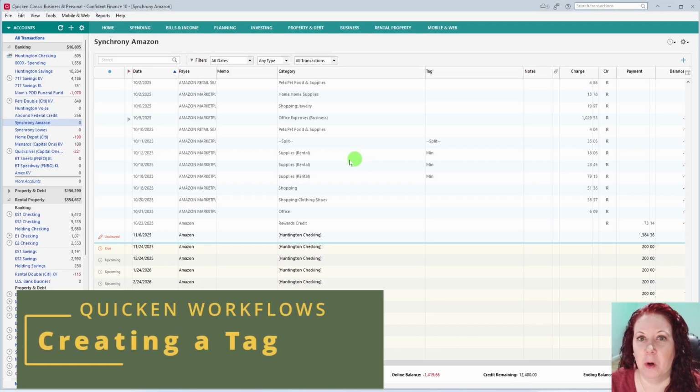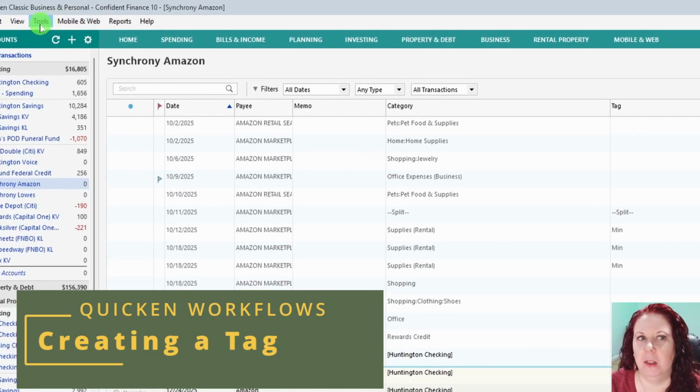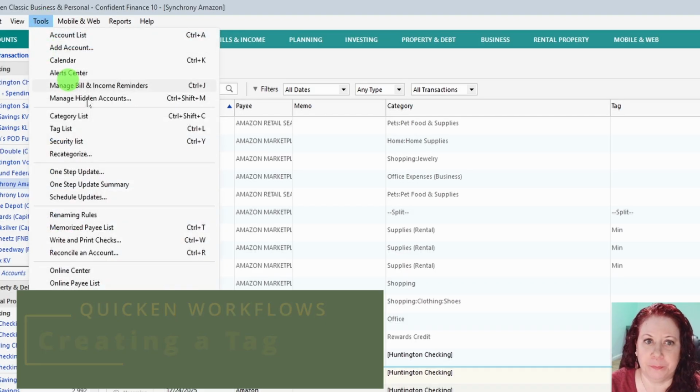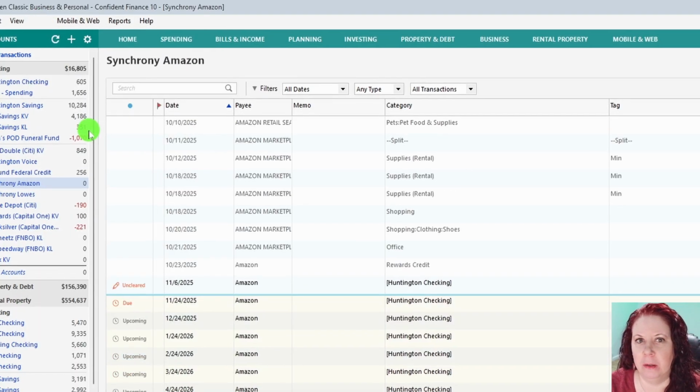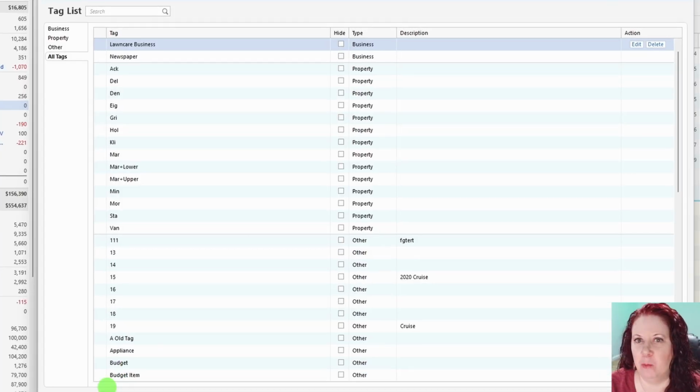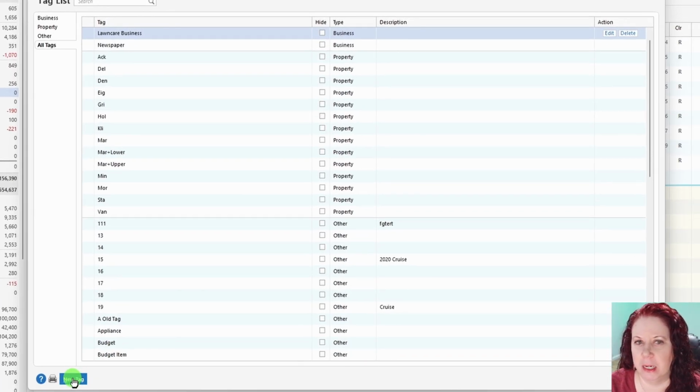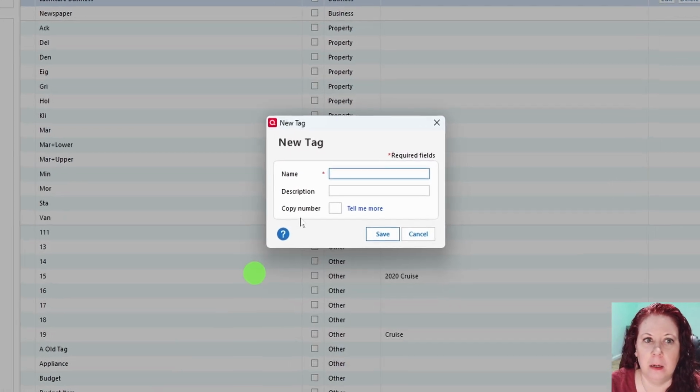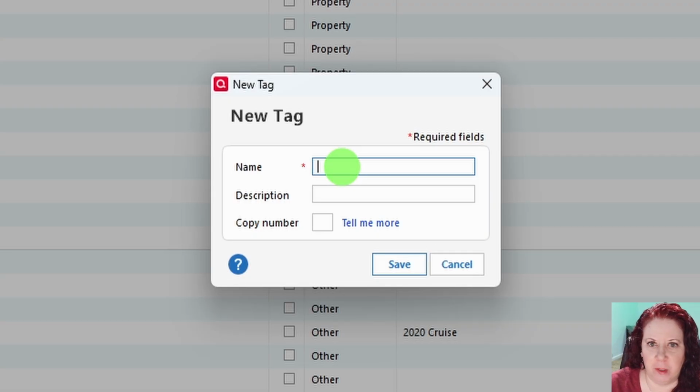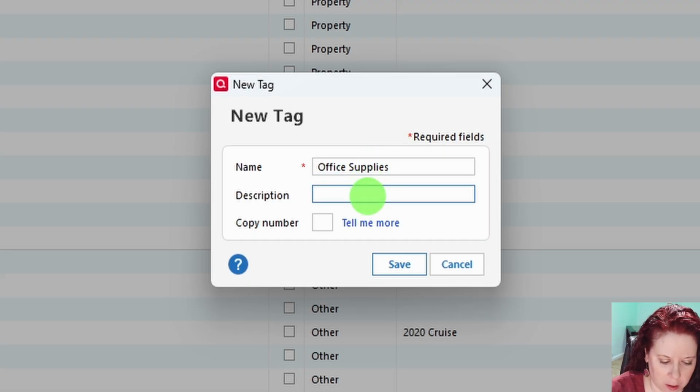Now let's create a tag in Quicken. Most of the time you'll find your tag list under the Tools menu. Once it's open, go to the bottom left corner of the window and click New Tag. So I'm going to create a new tag for this demonstration. For the name, I'm going to use Office Supplies. And for the description, I'm going to enter Office Supplies